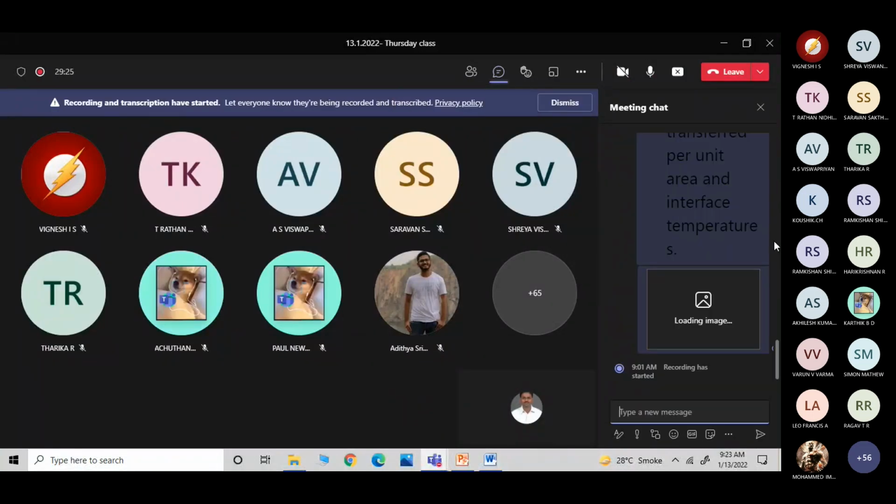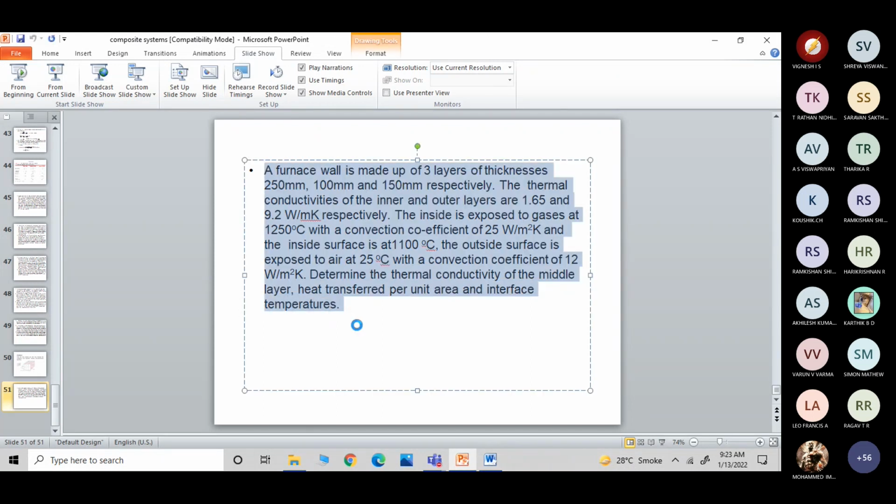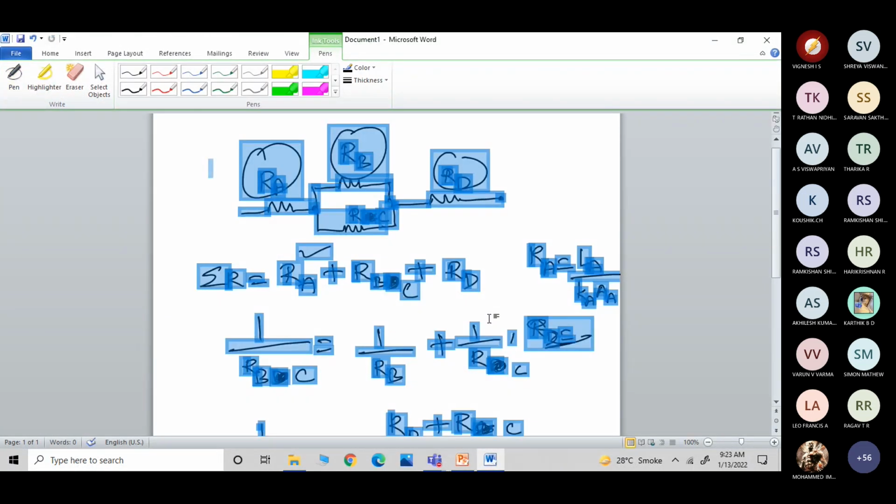Yes, sir. Are all of you able to see those two problems? I see. Shall I solve the first one? Okay, sir. This is the first problem. Okay, let me solve it. Okay, all of you please have calculators with you,